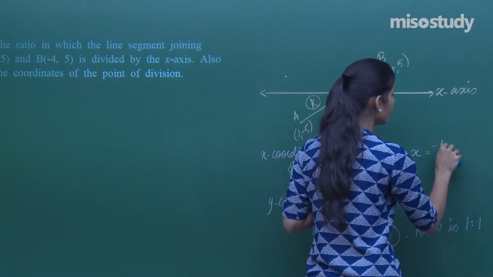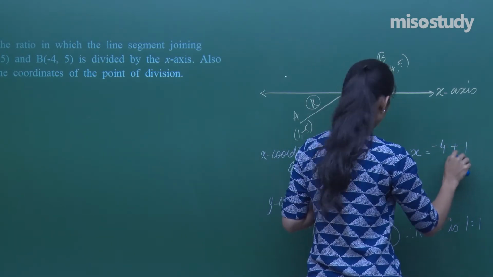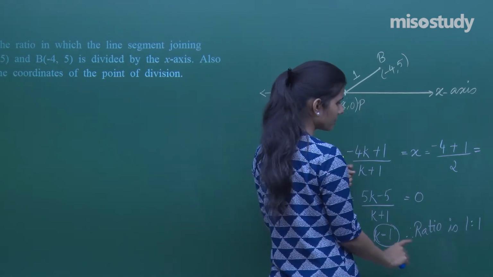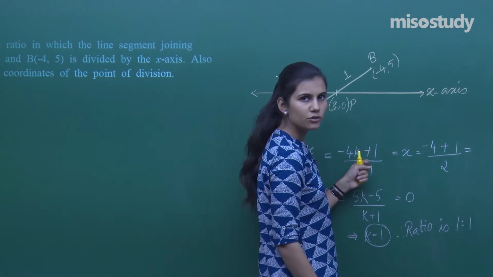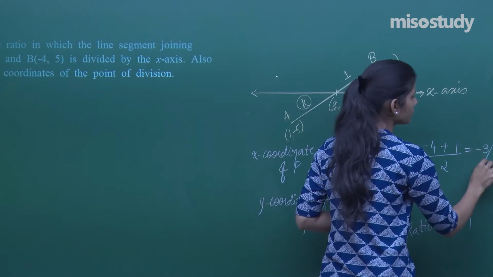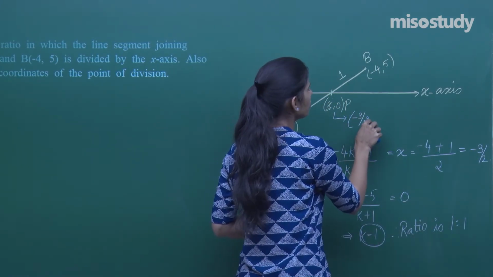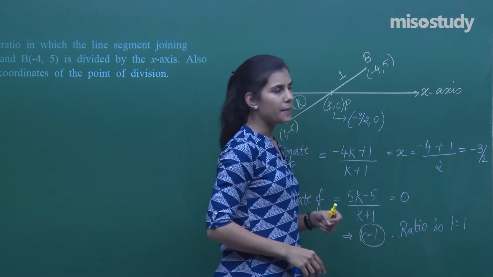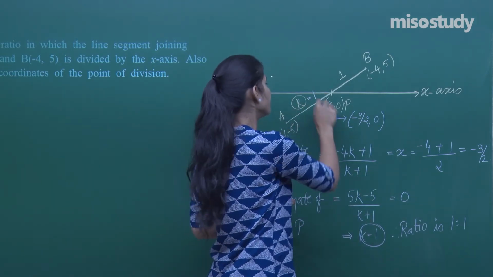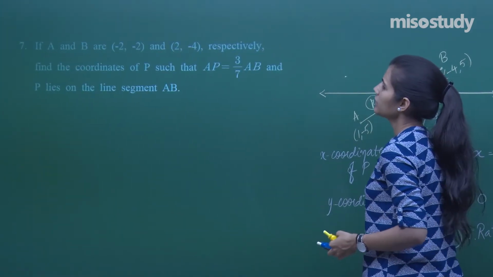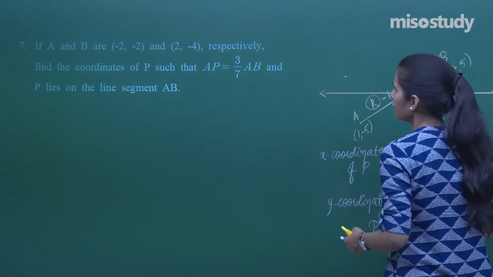It is minus 4 into 1 plus 1 upon 1 plus 1, because k's value is computed to be 1. Plug in here and you get the value of x, which is minus 3 by 2. So this point is minus 3 by 2, 0. And the ratio is 1 is to 1. Clear? Moving to the next question we have,